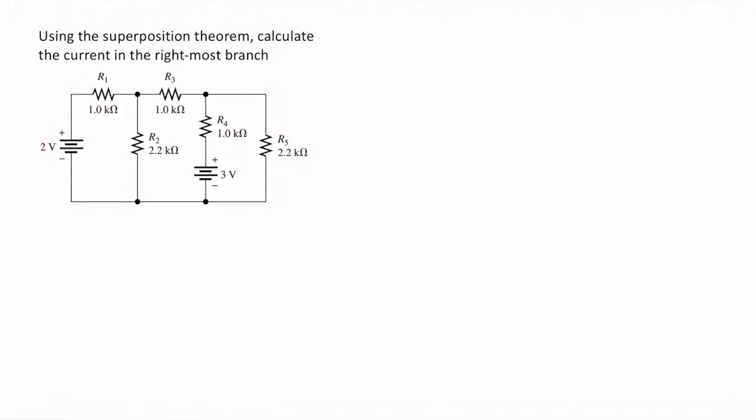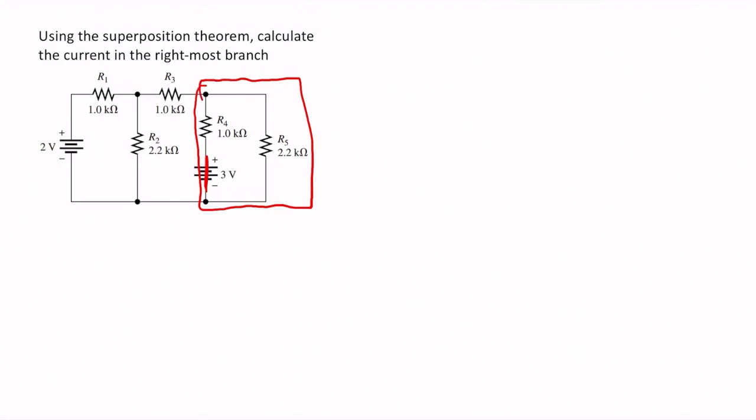In this circuit, there is no internal resistance for the voltage sources. This means that we can simply replace each voltage source by a short. So let's solve this problem by first replacing the 3 volt source with a short. In other words, we ignore that and replace it with a short. Okay, this means that in order to solve for the current R5, we need to first simplify this